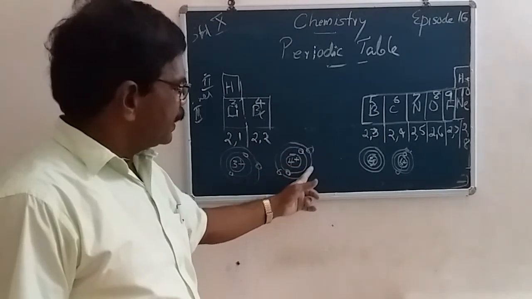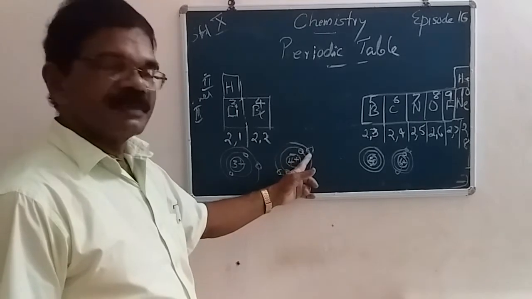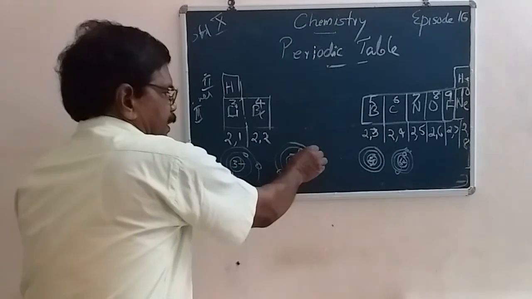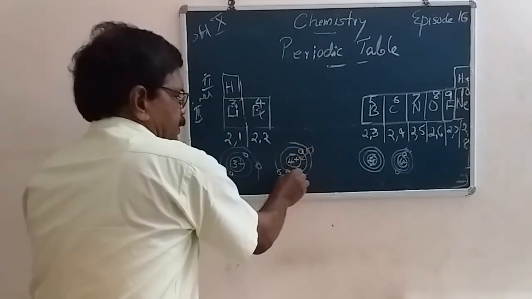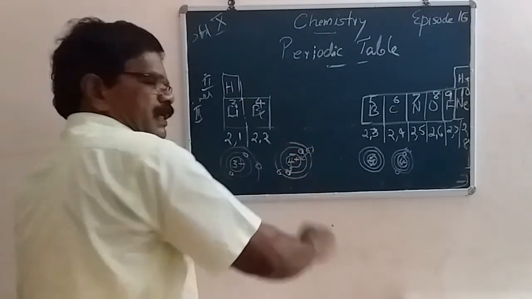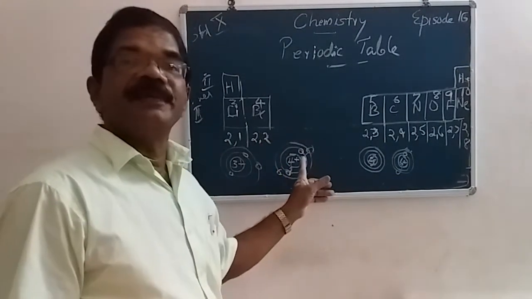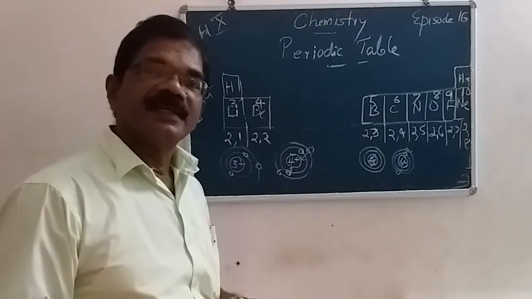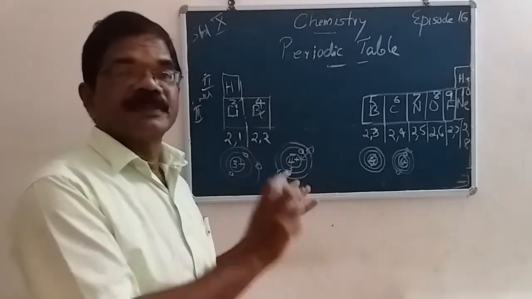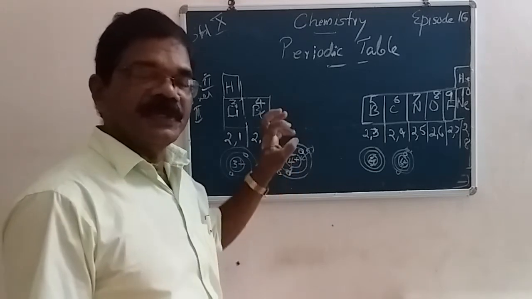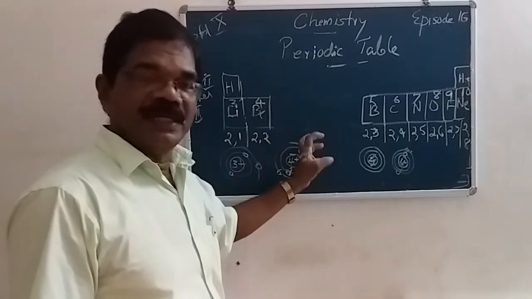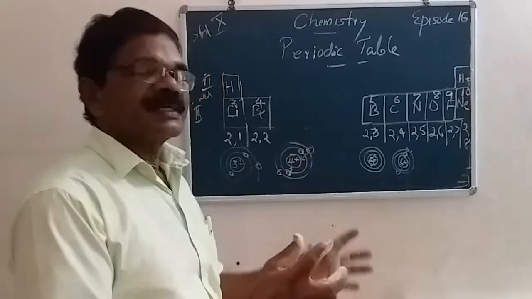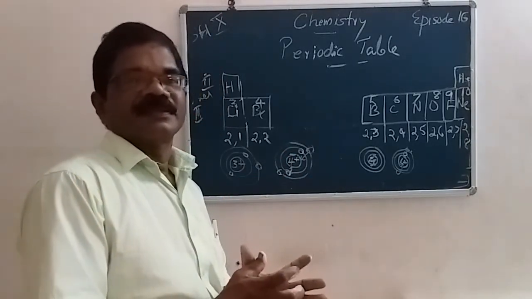These revolving electrons are never thrown out from the atom. Why? They are always attracted to the center. How are they attracted to the center? The nucleus has a positive charge. Where does the nucleus get the positive charge? This is due to the presence of protons. Protons have positive charge, and they are situated in the nucleus. So, the electrons are always attracted to the nucleus.